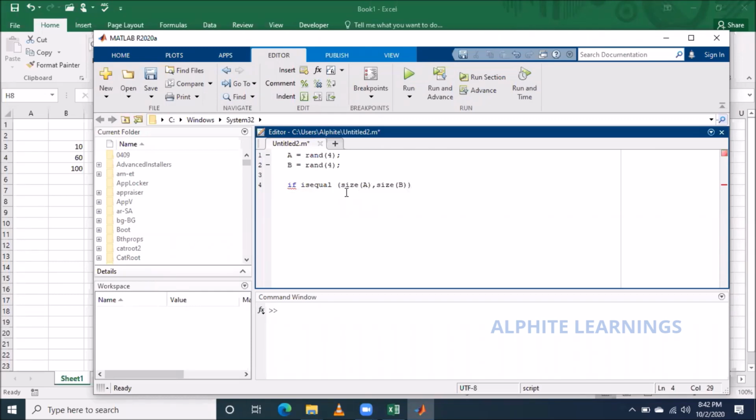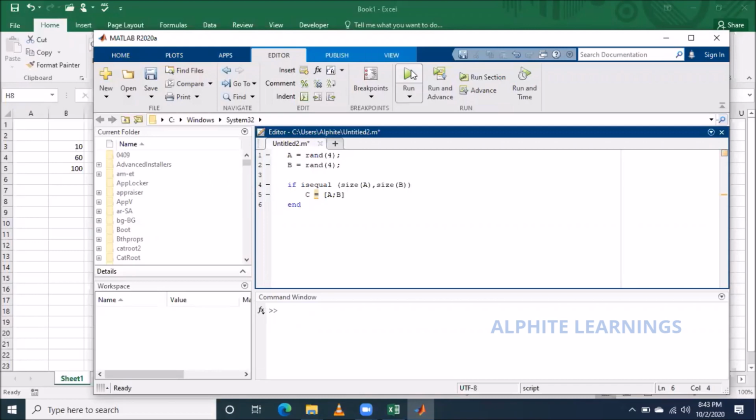If both are equal, then what should I do? If both are equal, just combine a and b, concatenate a and b. So I just started with an if, and then end.